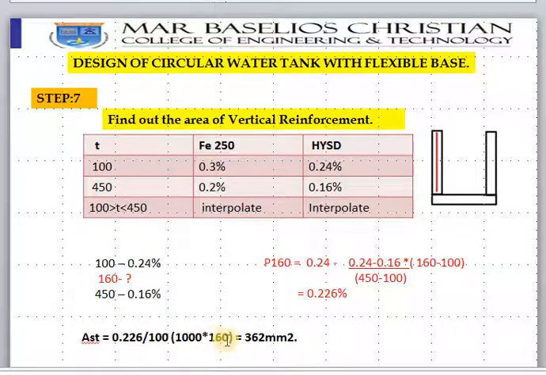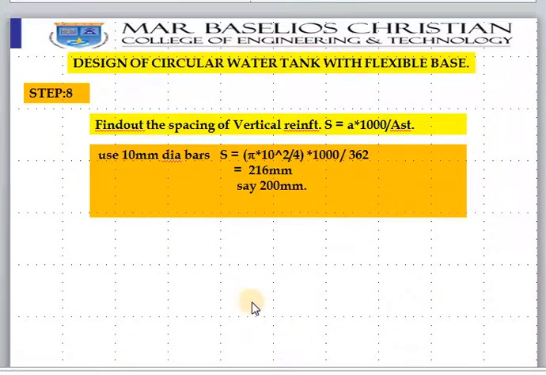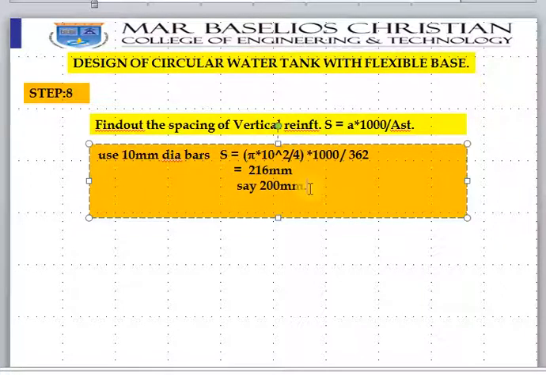Okay, 160 mm is the thickness, 1000 means we are taking 1 meter length of the wall, so you will get 360 millimeters square. So the next step is to find out the spacing of the vertical reinforcement as usual. Since vertical walls will not carry any moment normally, you can go for a lesser diameter, so 10 mm. So we will get spacing is 160. So as we normally do in slabs, you can check it up.